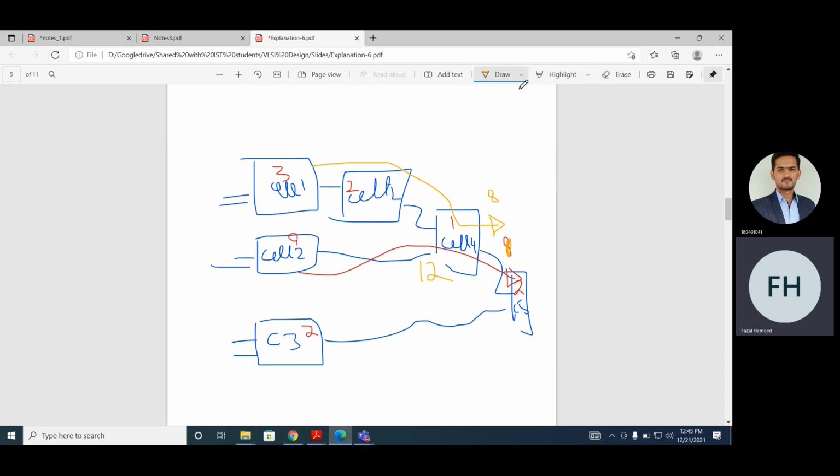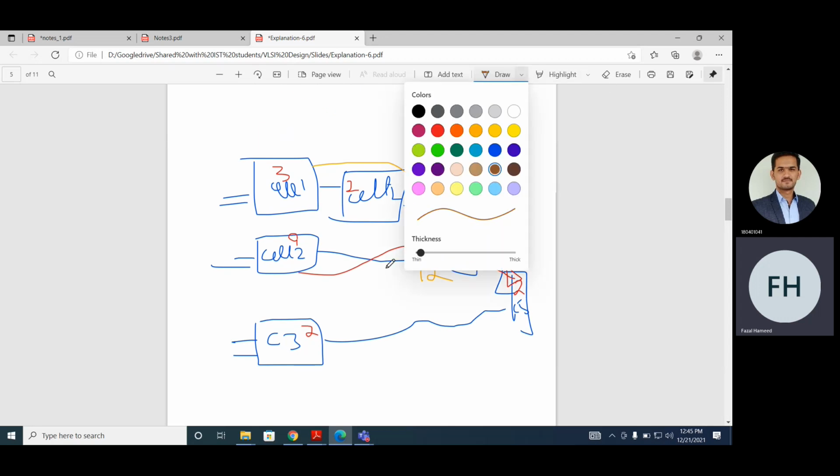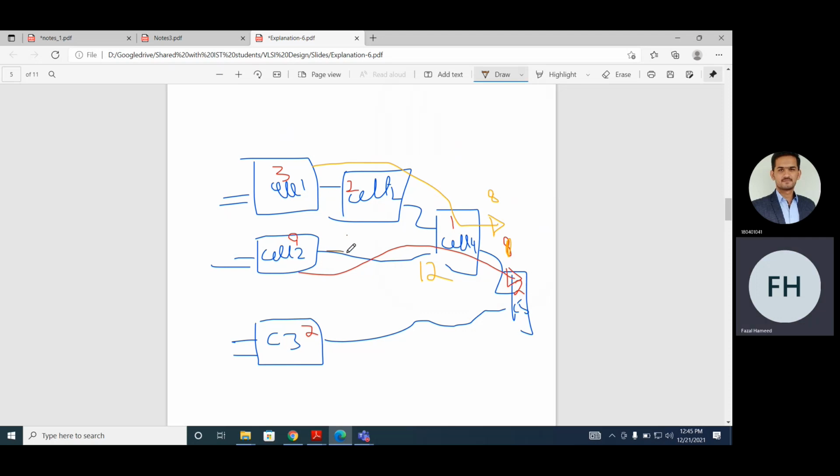routing delay, that now I am highlighting in another color, that is brown color. So when we are placing cell 4 and cell 2 closer to each other, maybe the delay here is 2, and we place it very far from each other, maybe the delay is 6, and maybe the delay here is 3 and 3 and 3. So now what is the worst case path delay now? 9 plus 2 plus 1 plus 3.